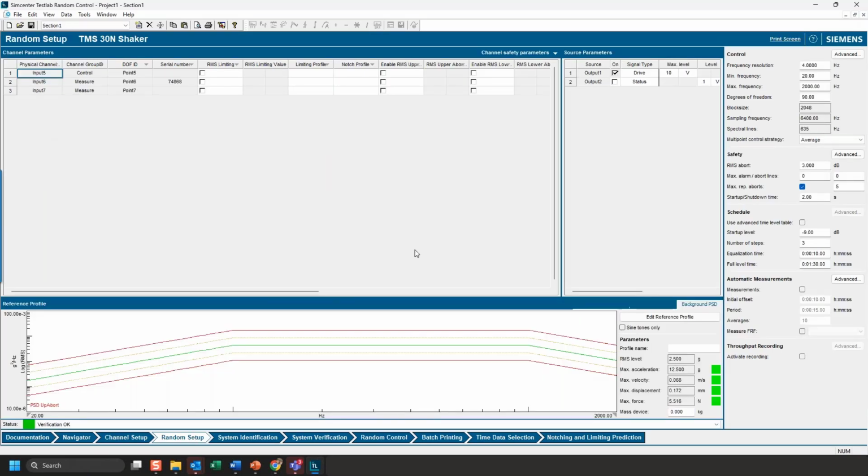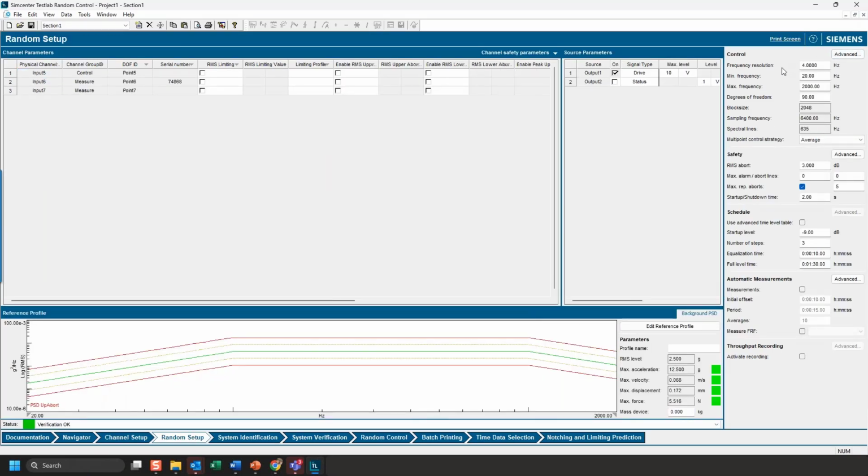And then random setup. You start over here, you input your frequency resolution, min and max frequency, degrees of freedom, and some of these other safety parameters and schedule parameters. We start at -9 dB. In this particular test, sometimes you start at -12, depending on how high a level your random tests are, and we step up.